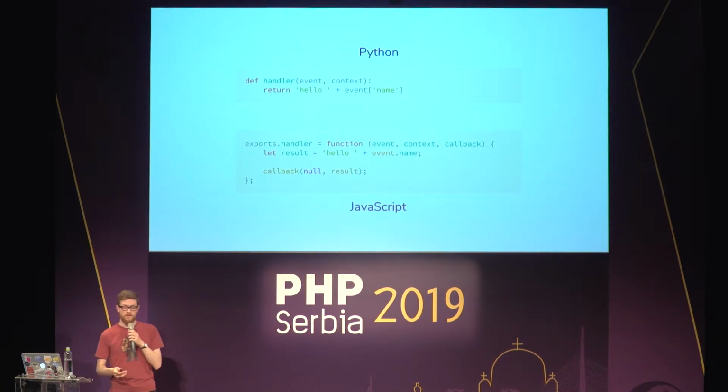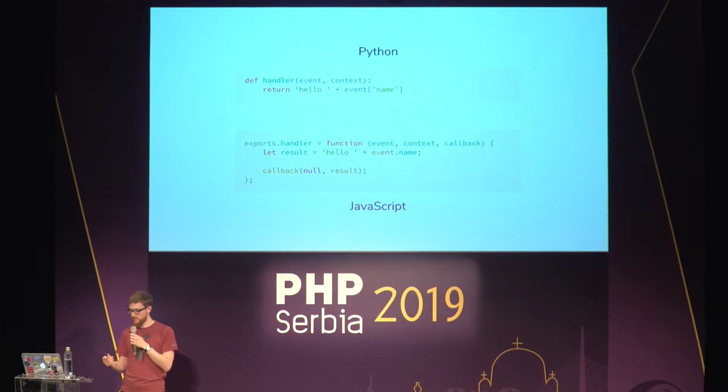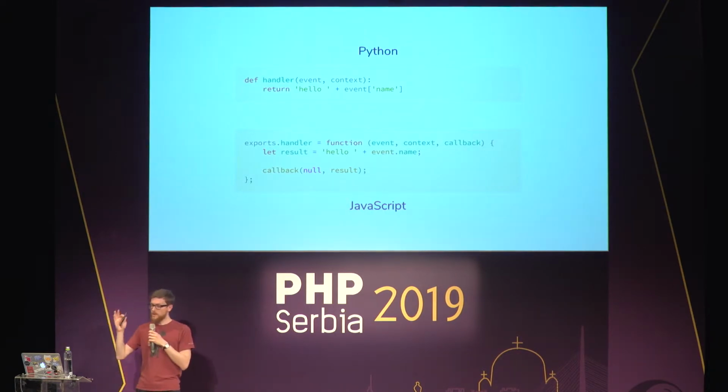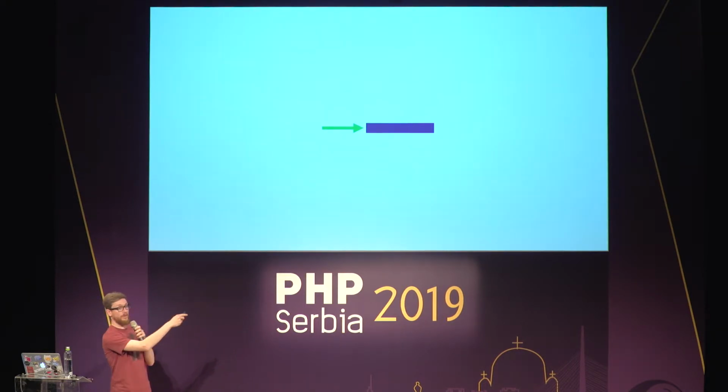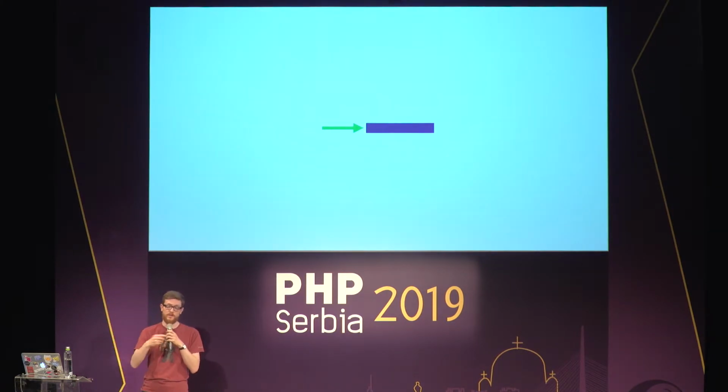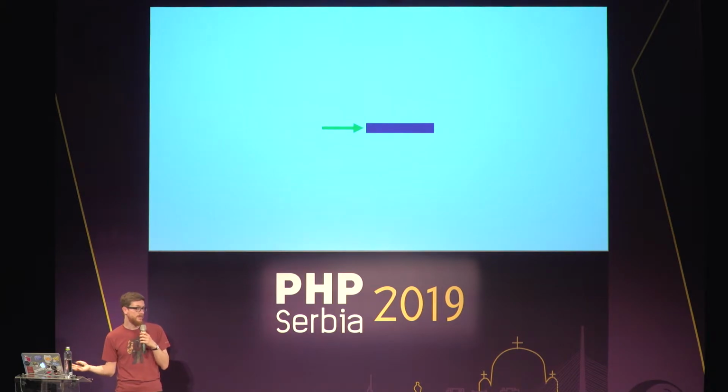Okay, great. Let's dig a little bit further. And let's talk about web applications, APIs, HTTP, because that's what we most commonly do with PHP. Where is HTTP in all of this? So what is a web application? After all, it's something that when a request comes in, it's a piece of code that runs. This is the blue bar. This is the piece of code. The green arrow is the web request. And when there's the request, something runs and returns a response, right? This is an event, and this is the function.